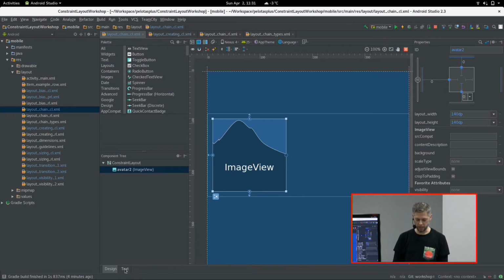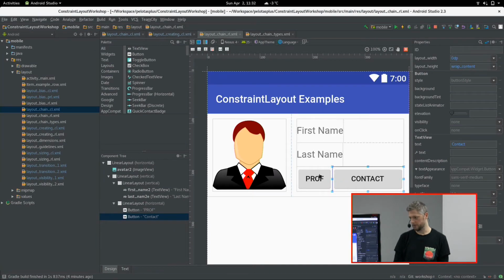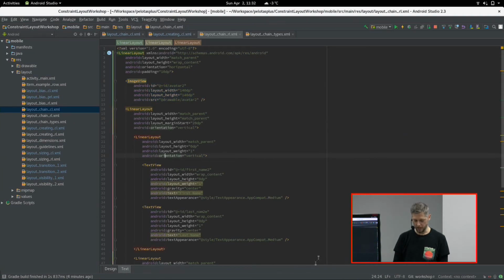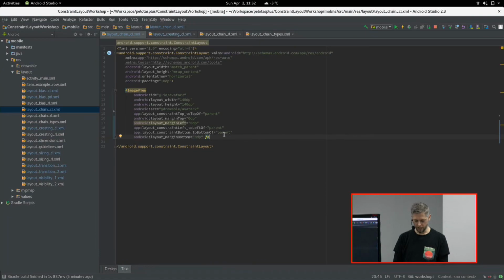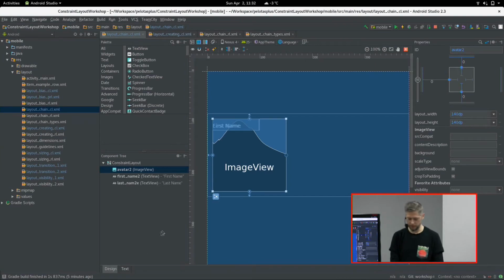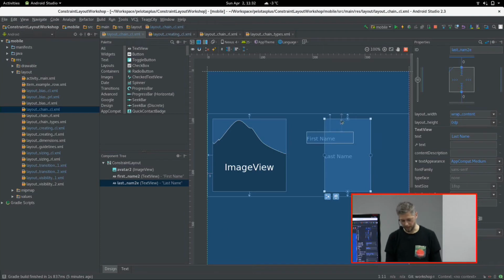Now I need to add, once again, let me show you what I need to do. I need to add those two text labels. How to do that? Of course, I will start with just copying them from this code here. I will skip this linear layout and this one here. I will just take those text views and copy them over to my example here. And those two text views most probably are going to go to the top left corner because they don't have any constraints. So let's just grab them, and not you. I will just click here, and I want this one here as well. So yeah, kind of big, but